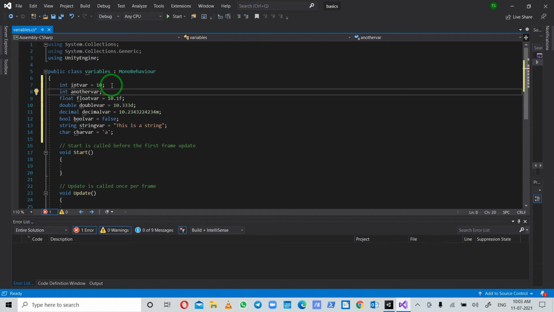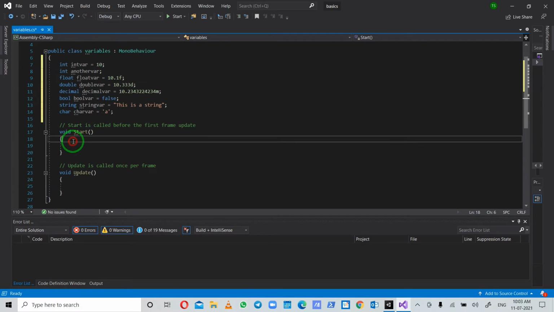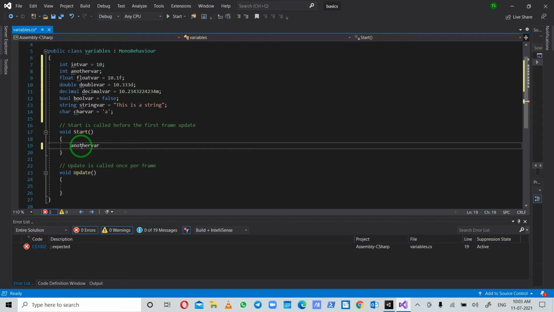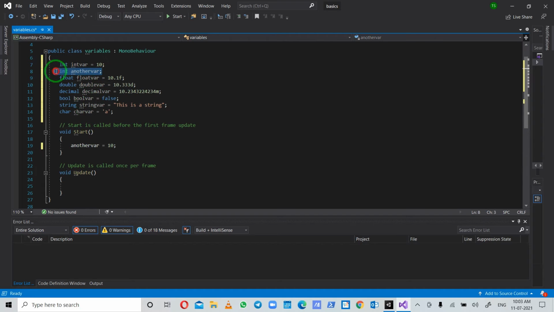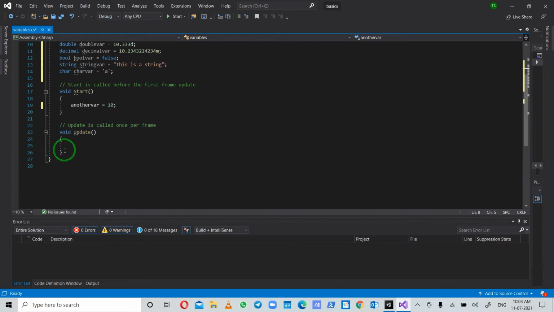Now later in the code you can assign it a value like this. So we have first declared it, and then later in the code wherever we need it we can initialize it with some value. Initializing means giving it some value. So we have initialized it with the value 10. Okay, now let me remove it.